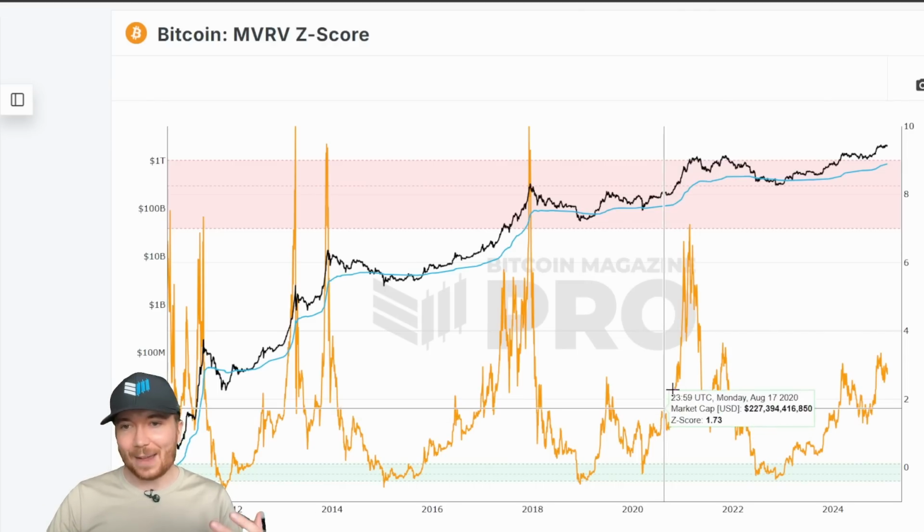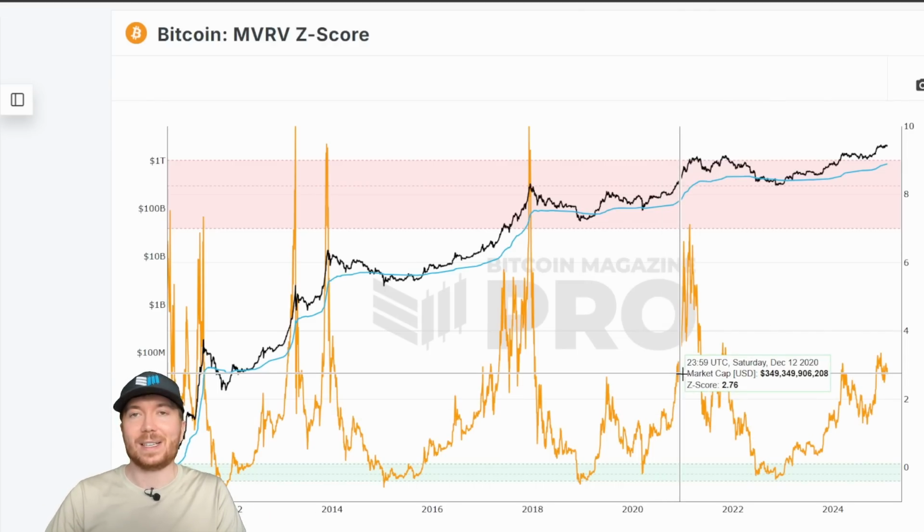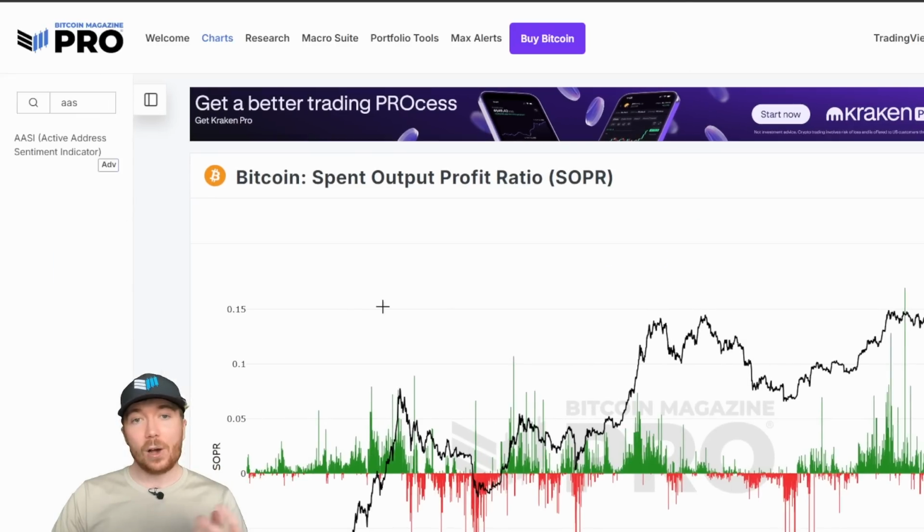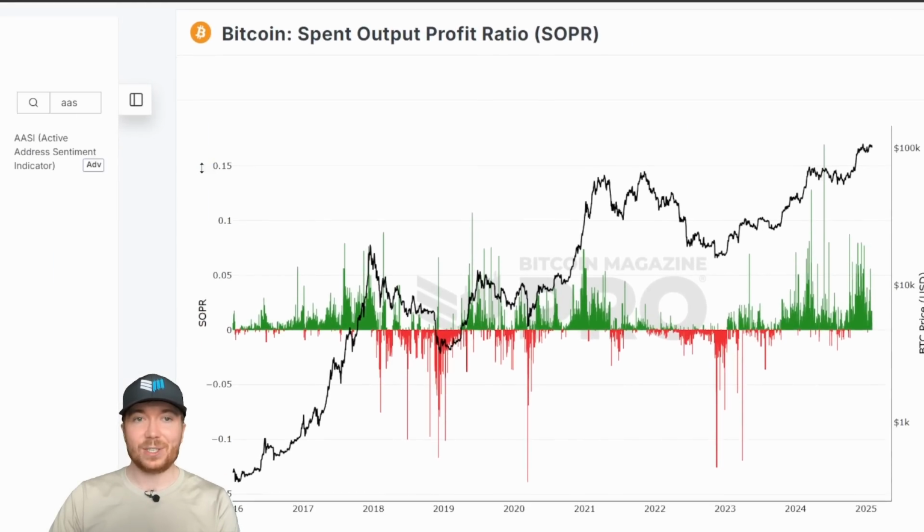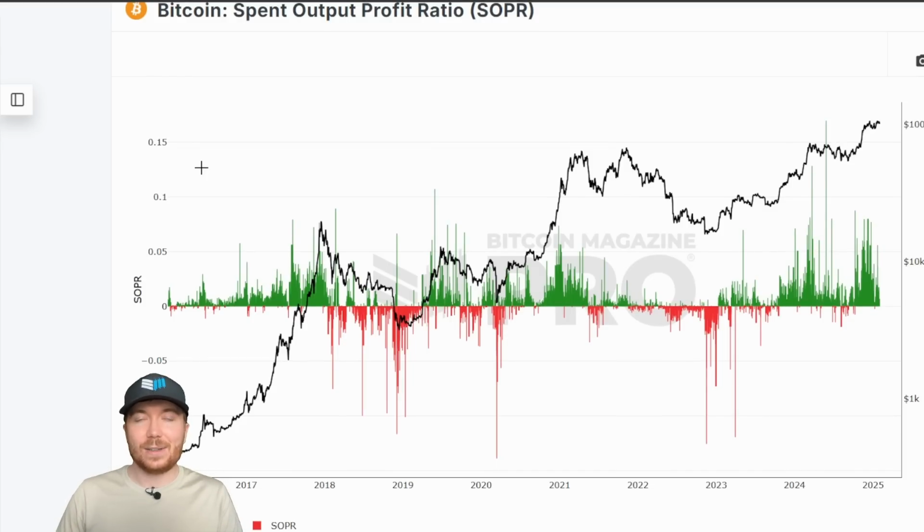So we're not just weighting everything on a few on-chain metrics and missing the bigger picture. Alongside that, we have the spent output profit ratio, because what really drives price, not just in Bitcoin, but in everything, is supply and demand, buying and selling. When we're seeing people sell BTC, especially for a massive amount of profit, that usually indicates that we're getting close to a market peak. And when people are selling for a massive loss, usually that indicates that we're getting towards